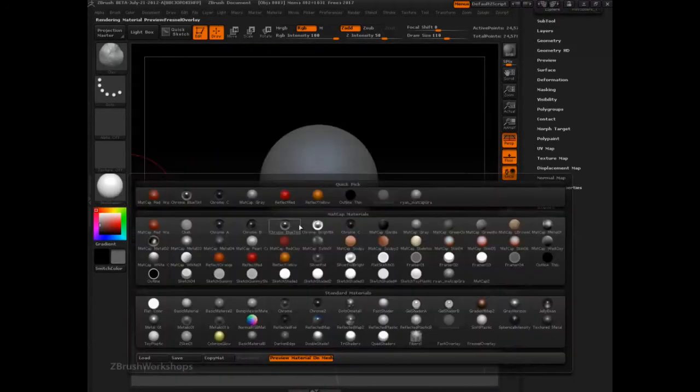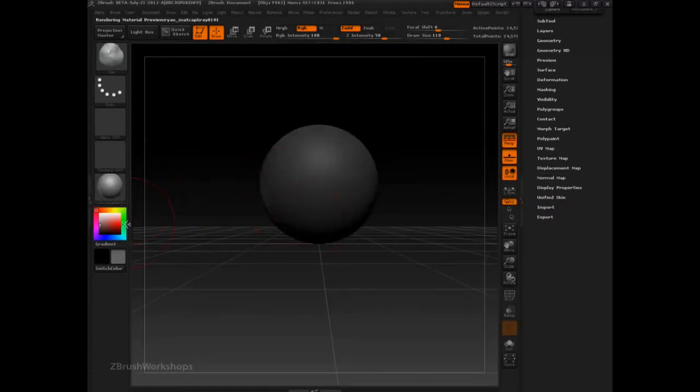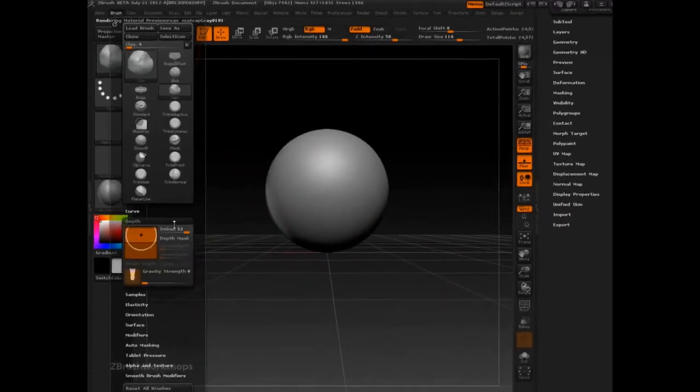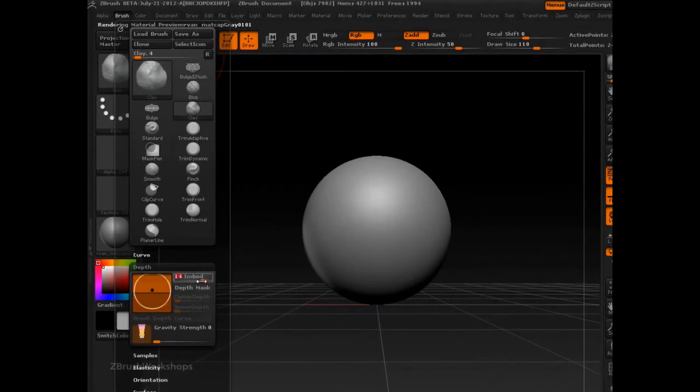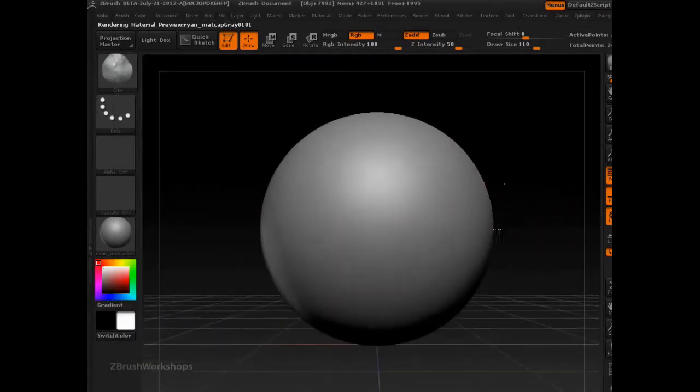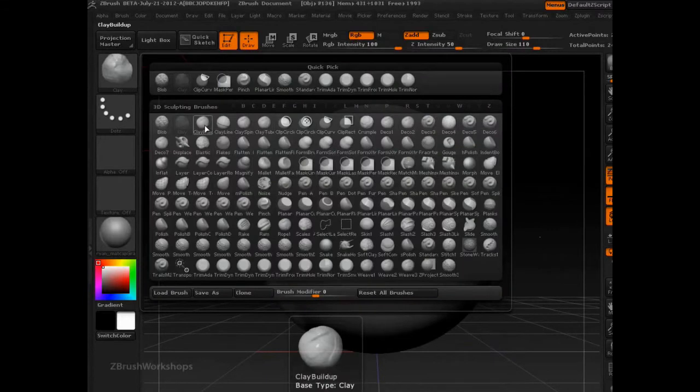Some features, some parts of that algorithm are available out in the interface, such as depth, and then others are not and cannot be changed. Now, if you open up the brush palette and just hover over one of the brushes, notice that in the icon down in the bottom, it says clay buildup, base type equals clay. Base type equals pump for the blob brush. So this shows you that the clay brush is a root brush, whereas clay buildup is a derivative, a variation,